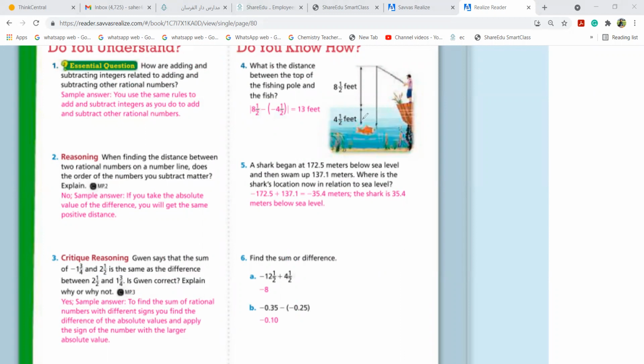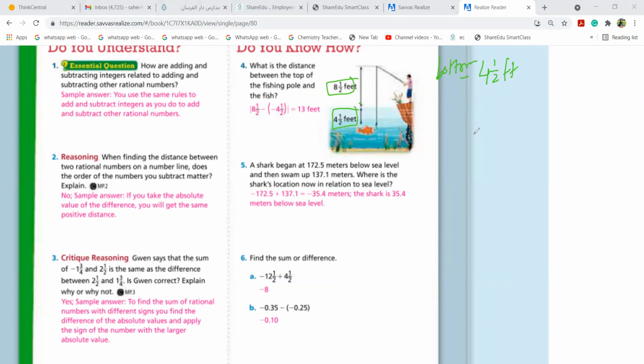At the bottom. This is the bottom, right? This is the top of the fishing pole. And so they told us this is 8.5 till here, and this is 4.5. So of course you need to